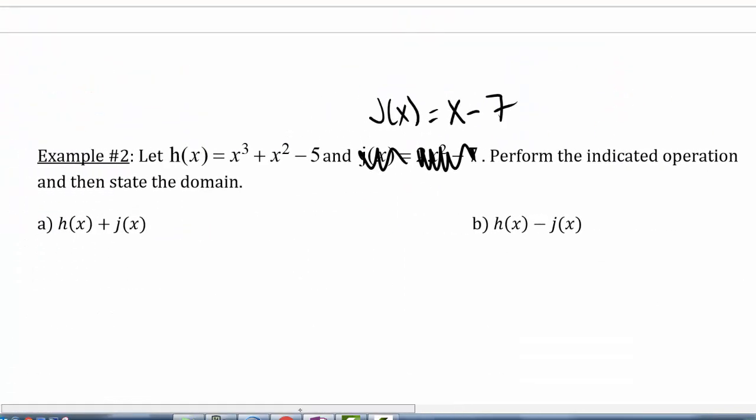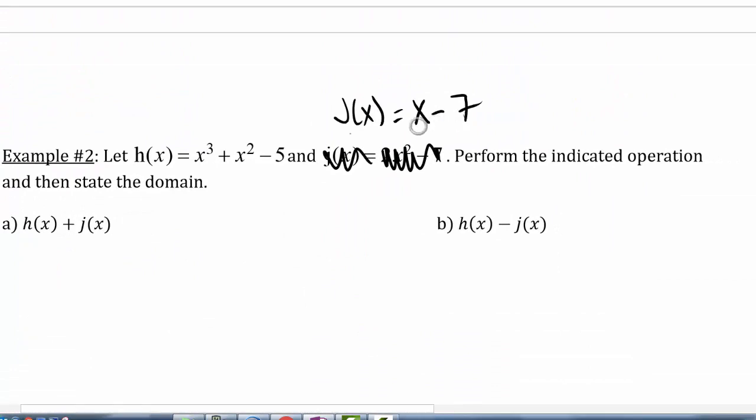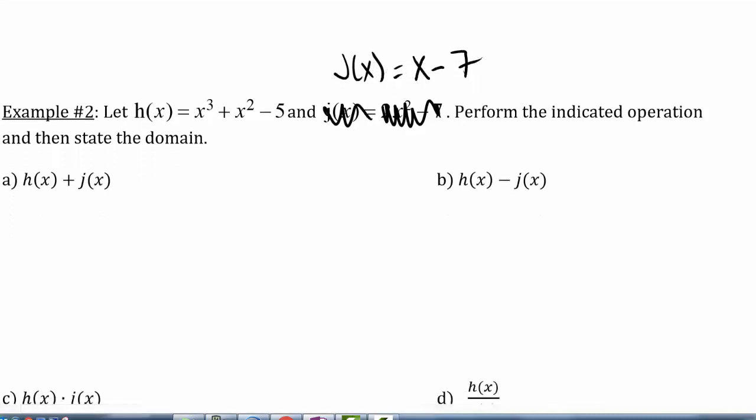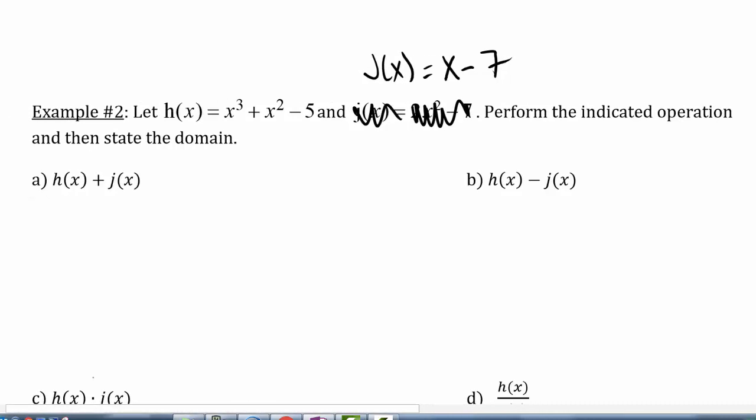All right. Now let's go to example 2. I'm going to need you to change this question for me. h of x is x to the 3rd plus x squared minus 5. And j of x is x minus 7. And we're going to perform the indicated operation. So I'm going to find the sum first. I'm going to add them together. So x to the 3rd plus x squared minus 5